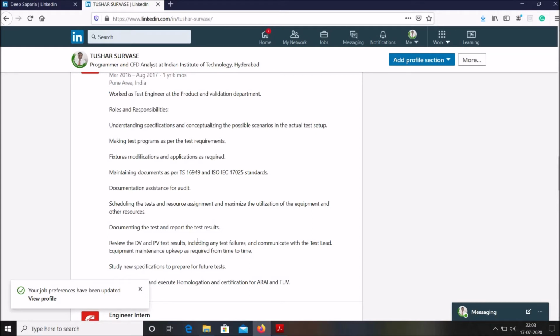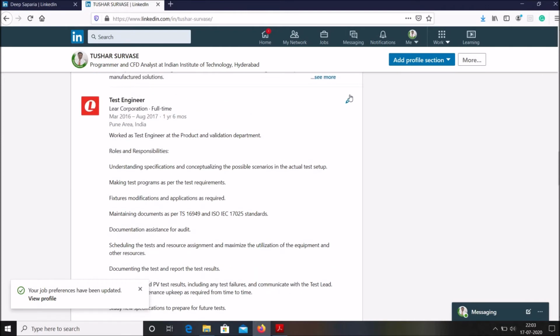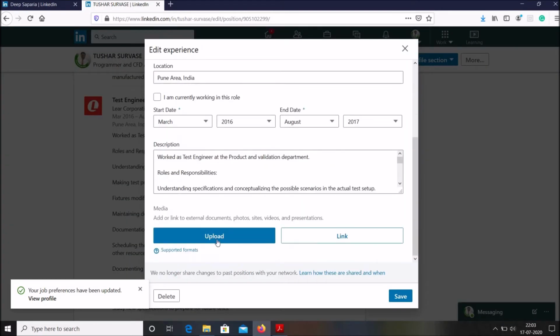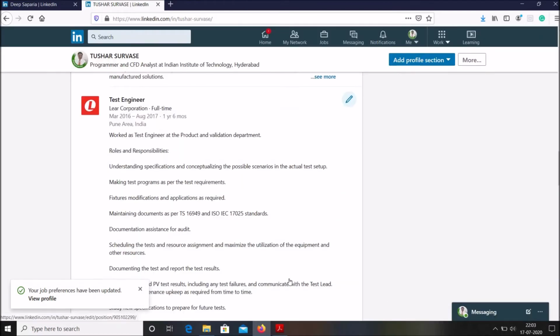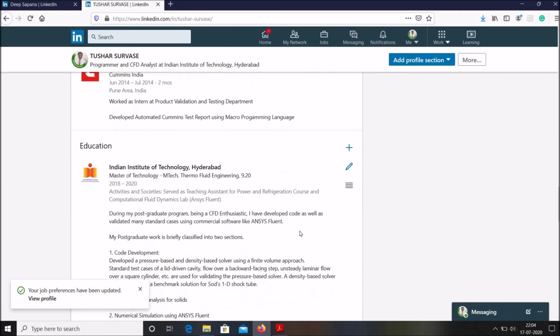You should put a lot of information, but that information should be put in a neat way. Even if there are some presentations or some links or some certificates, you can add them here, right? There's an option here. Actually you can upload some documents, photos, sites. If there's something unique you have achieved, if you have some certificate of excellence, you can add them. They will actually add value to your profile. And in experience you can add your internships and all, in a good precise manner.